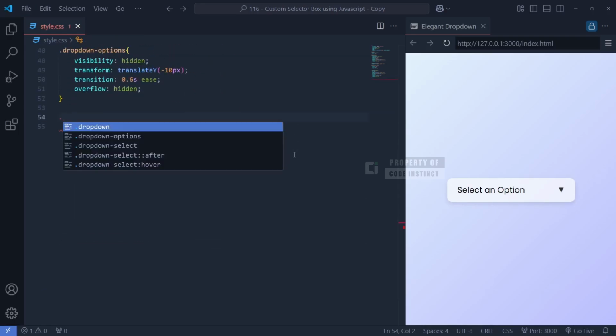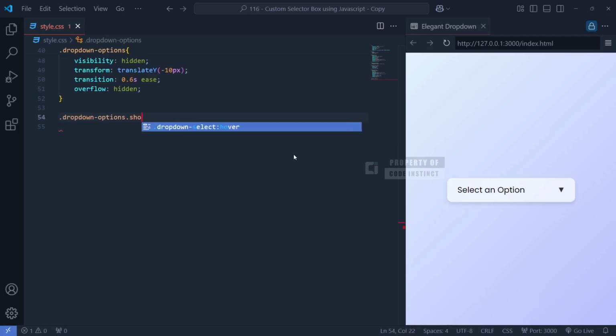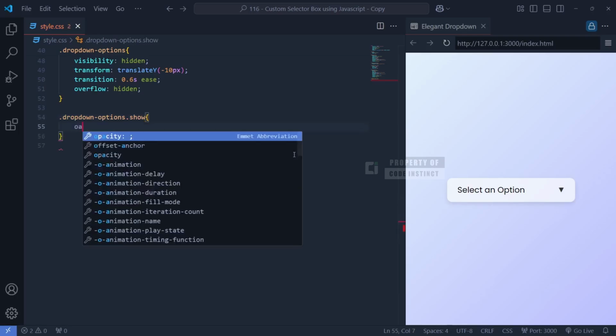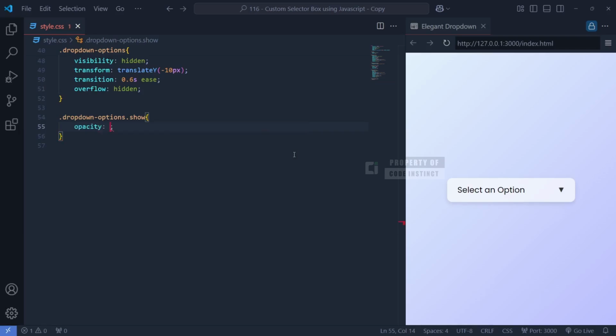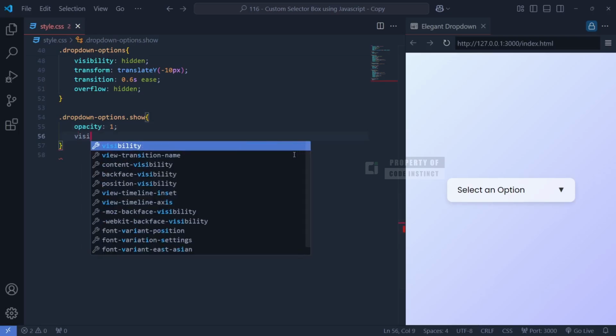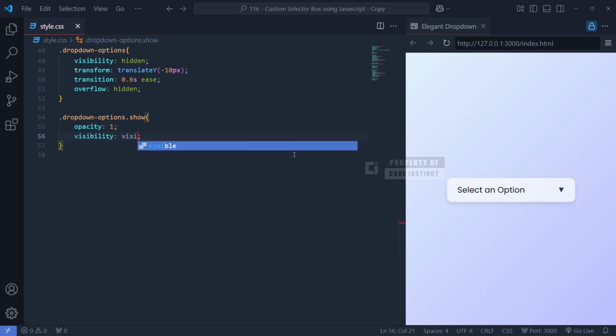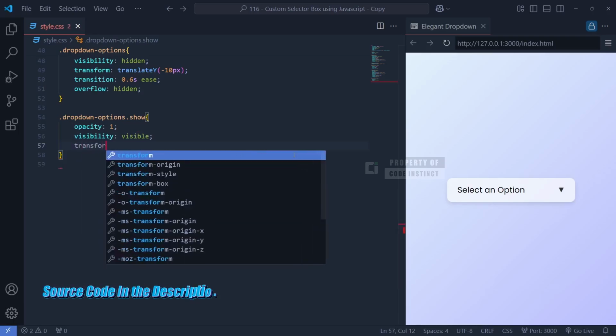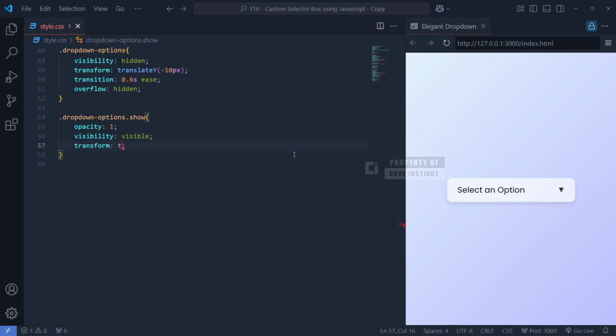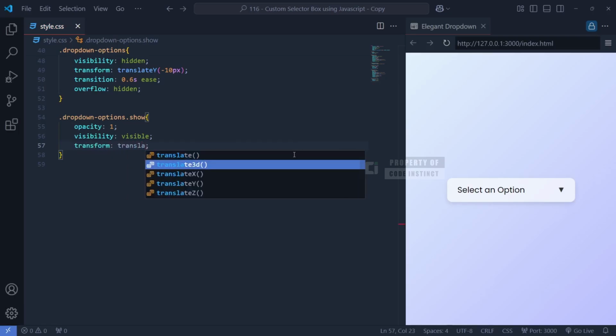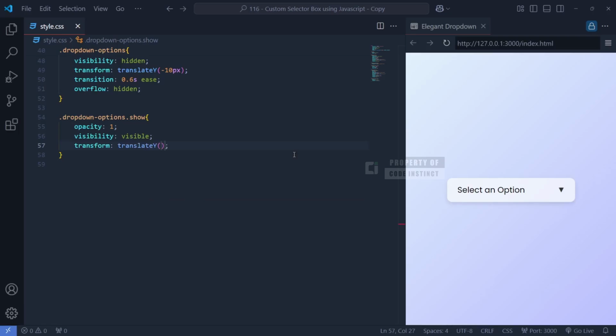The dropdown options.show class is used to override the initial hidden state of the dropdown options container. When this class is added dynamically via JavaScript, it modifies the opacity, visibility, and transform properties. Specifically, opacity is set to 1, making the drop-down options fully visible. Visibility is changed to visible, ensuring that the options are now interactable. The transform property is reset to translateY(0), moving the drop-down options back into their original position from the slightly